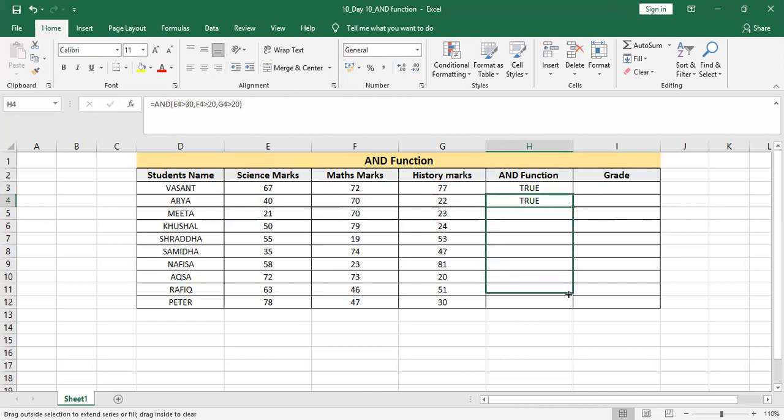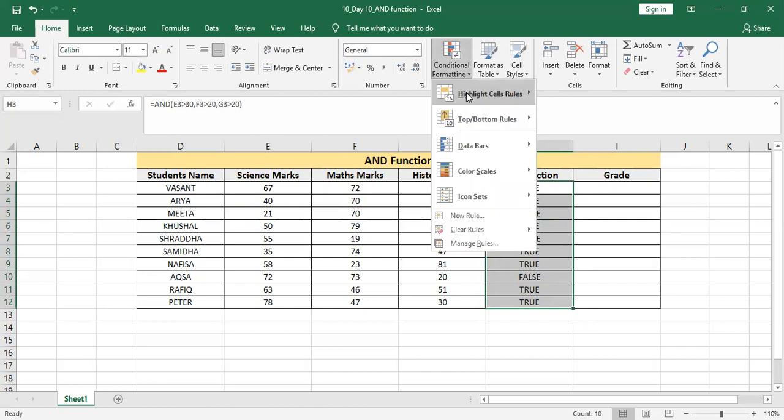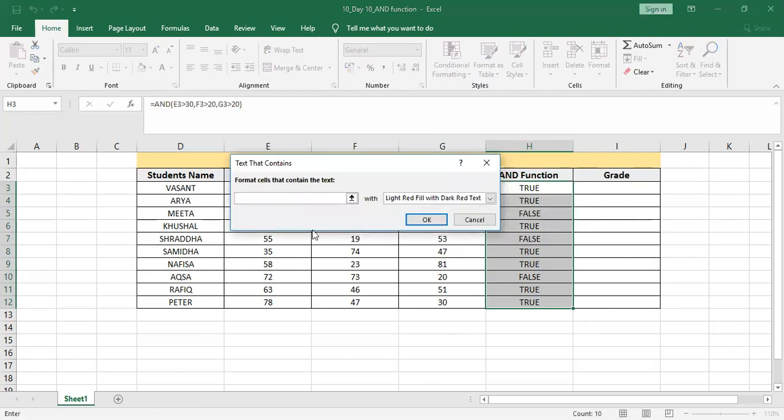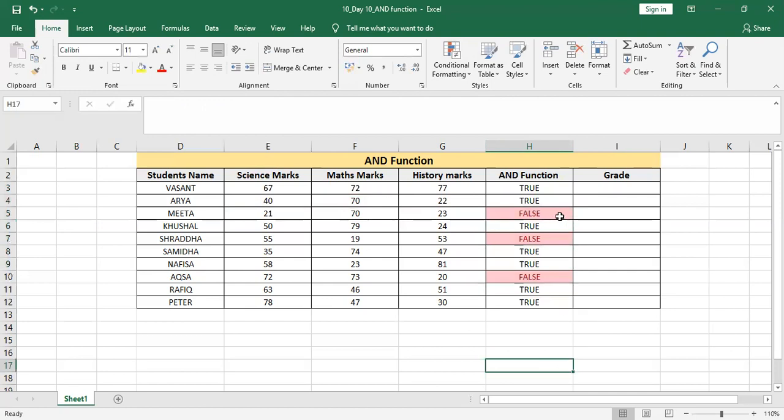I can just drag this down and I'm getting the result that some students are getting a false result and some students are getting a true result. If I want to see who is getting a false result, yesterday we saw conditional formatting. I have selected the column. I'll press conditional formatting, highlight cells rule. Because I'm dealing with text, I'll say text that contains, right now, false. It will be flagged with red text, so that I can see there are 3 students who are not getting better marks, who are not fulfilling the conditions and might have failed.